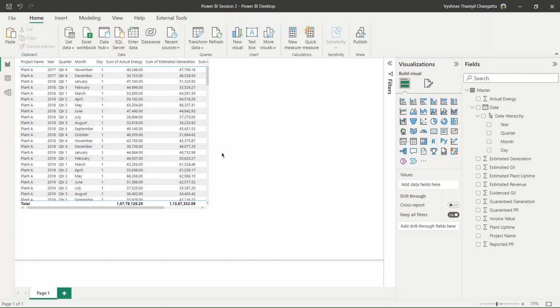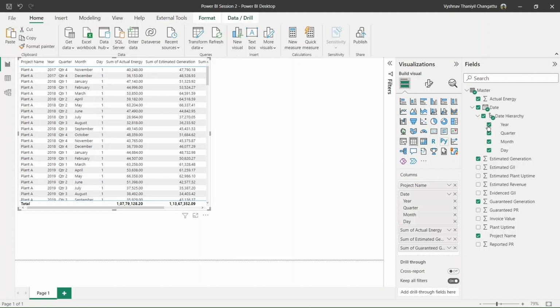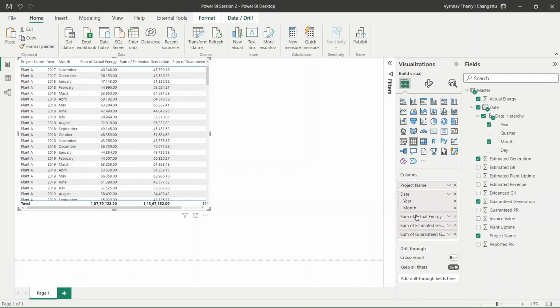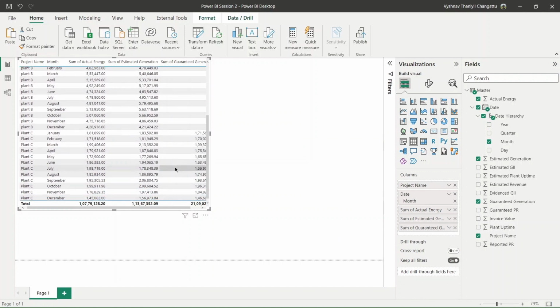But by default, Power BI makes it into a hierarchy. It extracts year, it extracts month, and also gives you what quarter this month falls into. And the day will be 1 if you only have monthly data. So it doesn't really matter, we can just remove them. Just click here, or you can remove from here. And quarter, I don't want right now, so I'm just gonna remove it, but I will use it later, you will see that. And the year, right now, it will give me a year. If I remove this, what happens is, ooh,